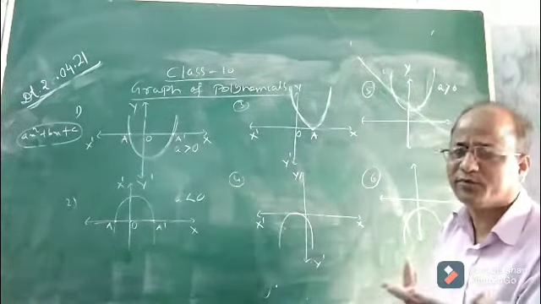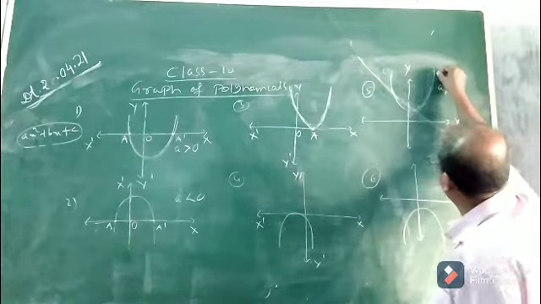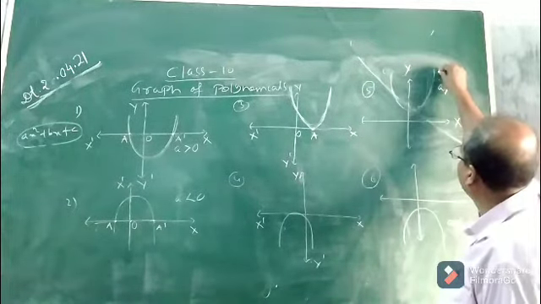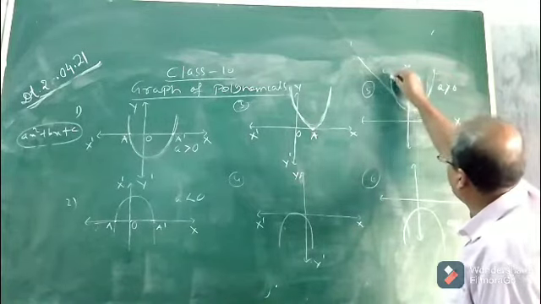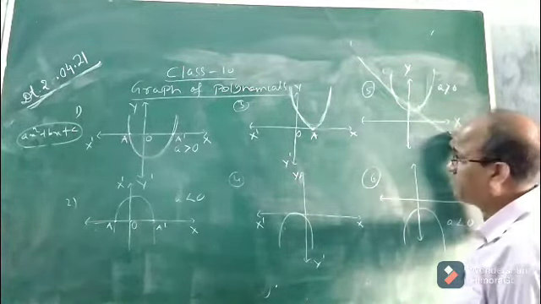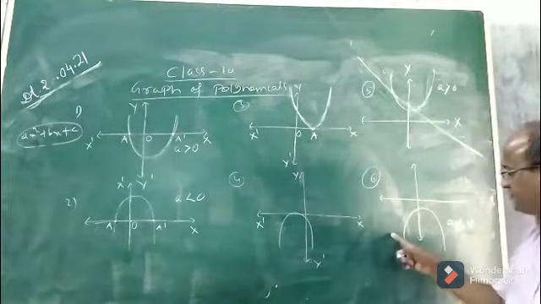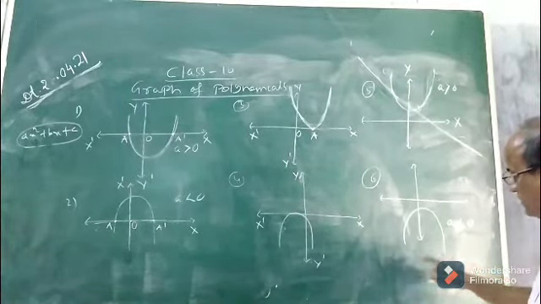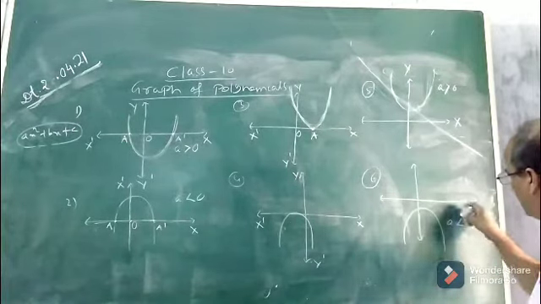So what is the observation? That means this parabola lies completely above the x-axis here. In this case, the parabola which bends upward lies exactly above the x-axis. It does not cut or intersect the x-axis, nor does it touch the x-axis. Similarly, in this case, the graph of the quadratic polynomial, which is a parabola, lies completely below the x-axis.